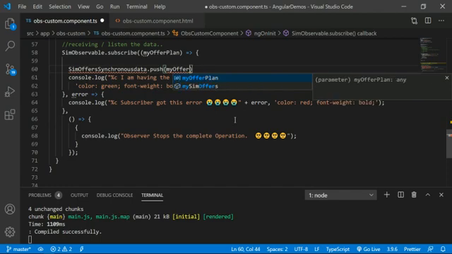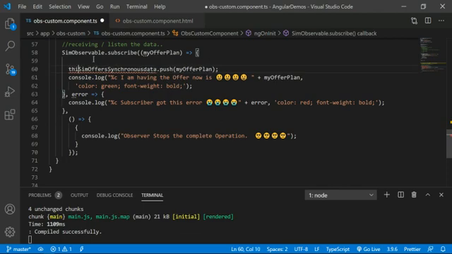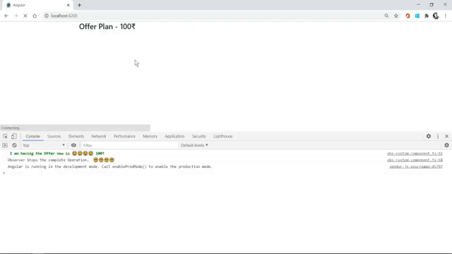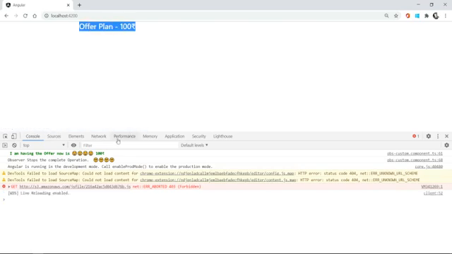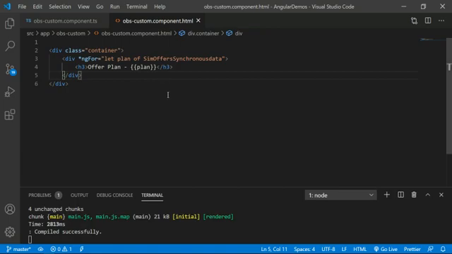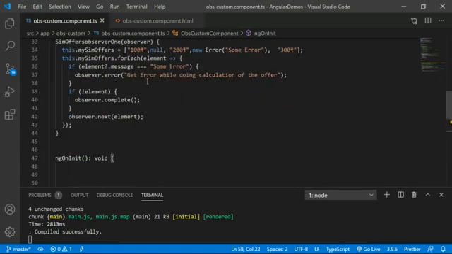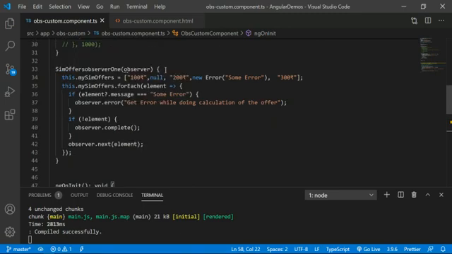The HTML contains this reference. Now we can see the data in the UI part. As of now I have only 100 rupees, because I am completing the operation whenever I reach the null. This is how we handle a custom observable.